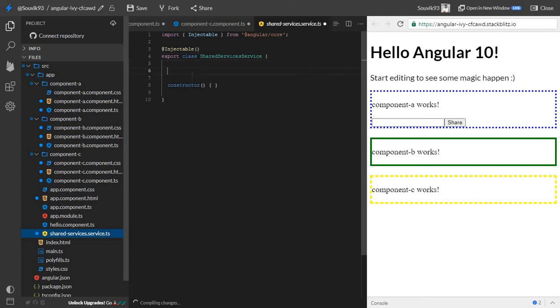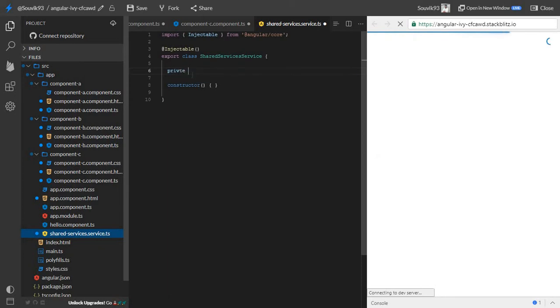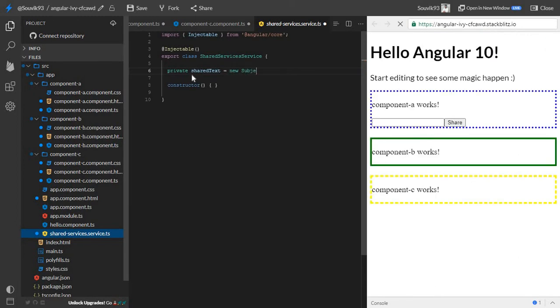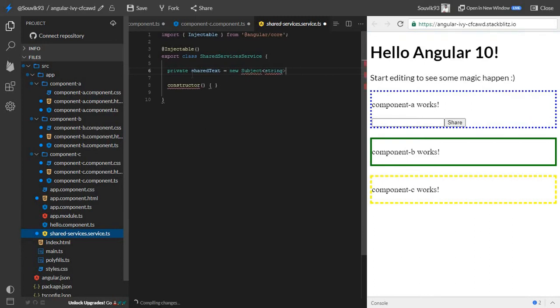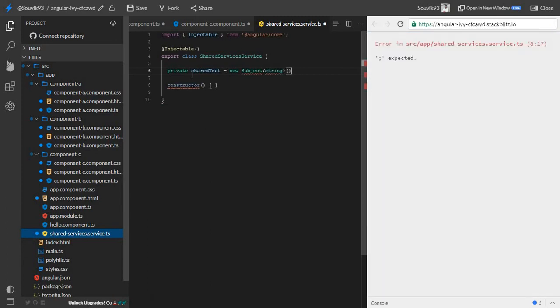So what I will do, I will declare one variable here, private, and let me name it sharedText. Its type should be Subject, or you can directly write new Subject, and I am going to pass a string type. Okay, so I'm just initializing it.